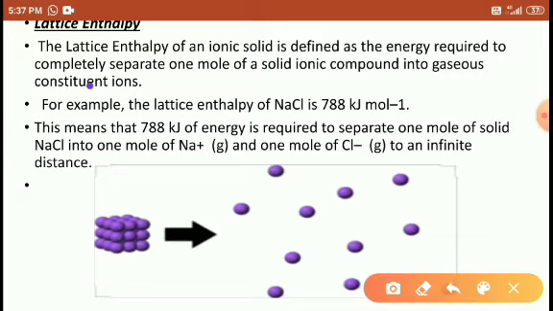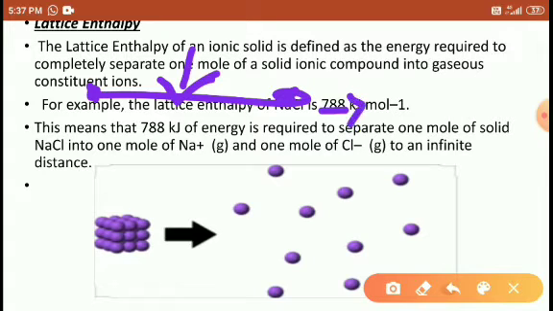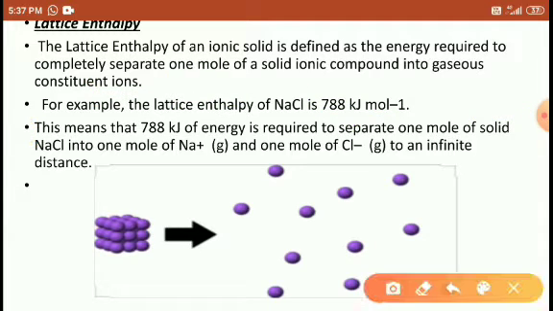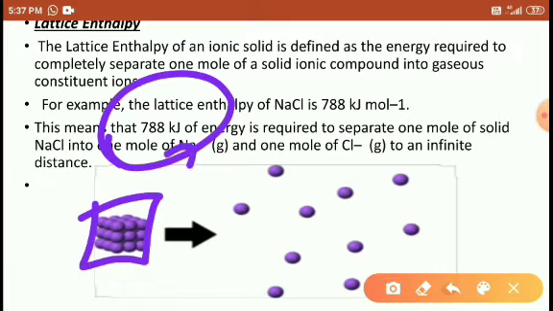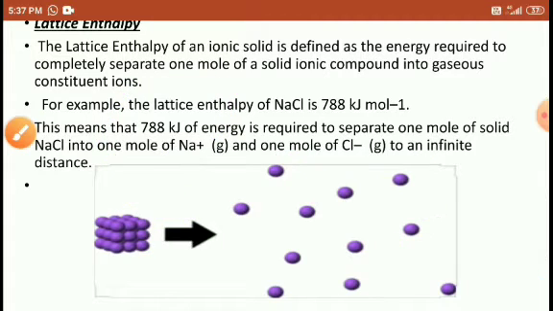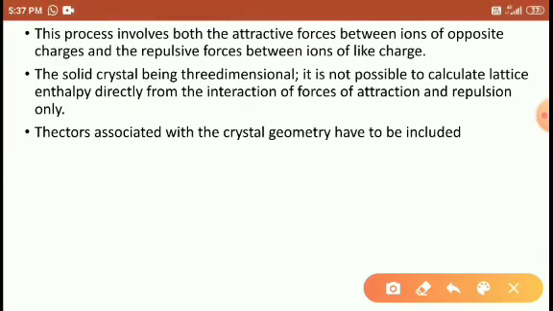Similarly, if you take a stick and want to break it, what do you have to apply? You have to apply force, some energy. Then only it will break and separate into single pieces, 2 pieces. Similarly, for dissociating any small crystals, we require energy. Whatever energy we apply, they turn into small separated pieces, called lattice enthalpy.